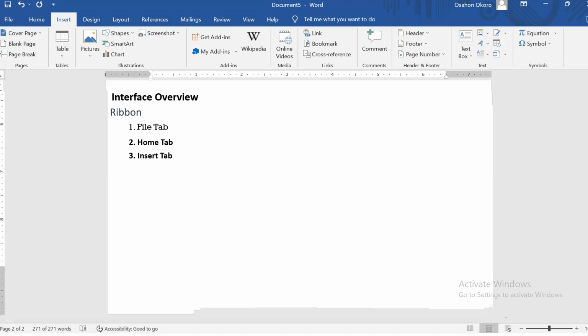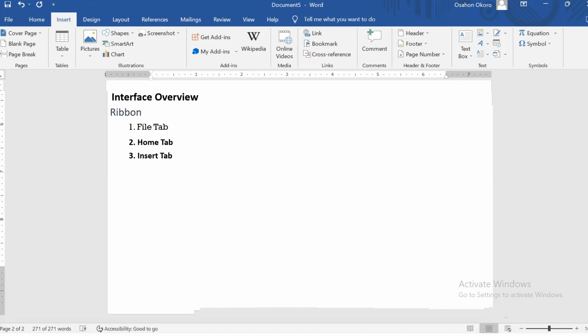Maybe you want to illustrate a particular thing or a narrative, like charts or SmartArt. You want to do an illustration in your document. It is on the Insert tab that you perform those tasks.